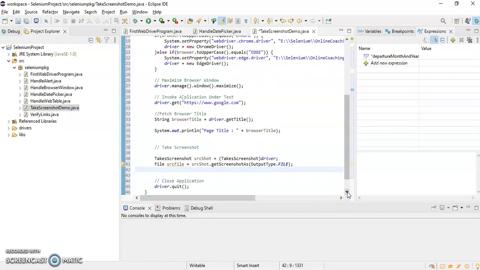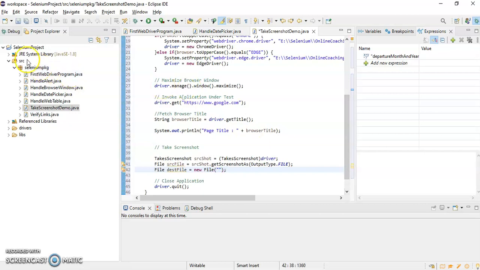Now in my local system I have to save my screenshot somewhere, right? So I have to give one destination. I'll write File destFile is equal to new File, and here I can give the path or the location where I want to save my screenshot.